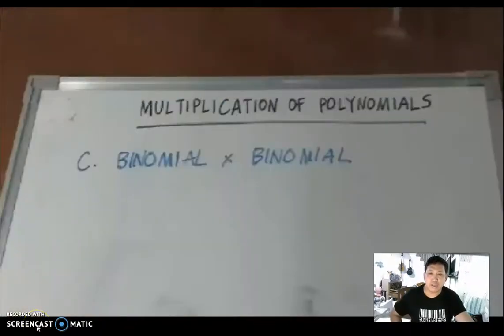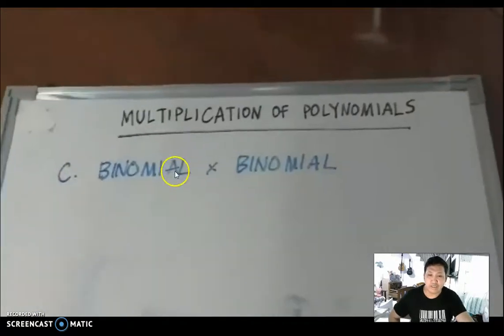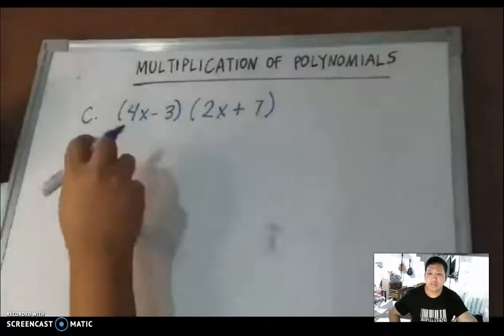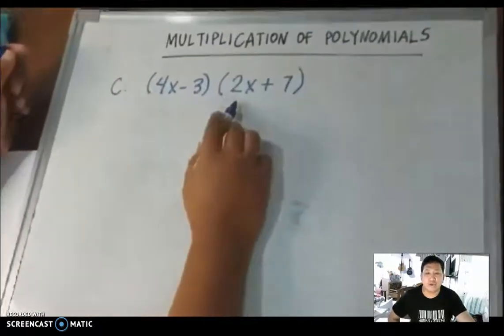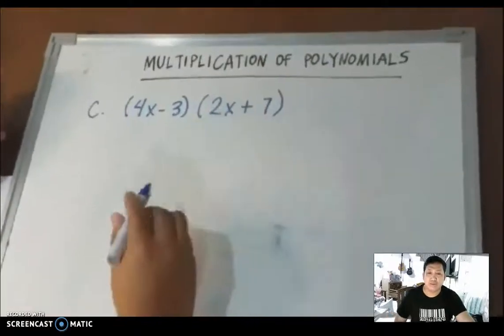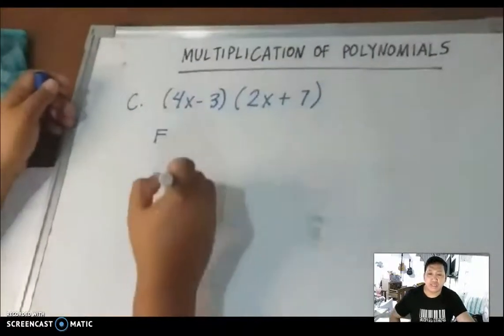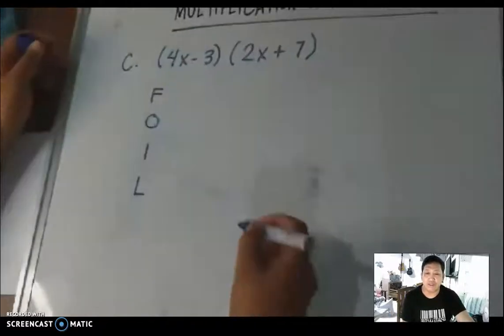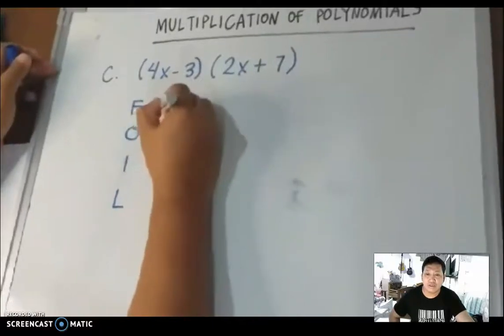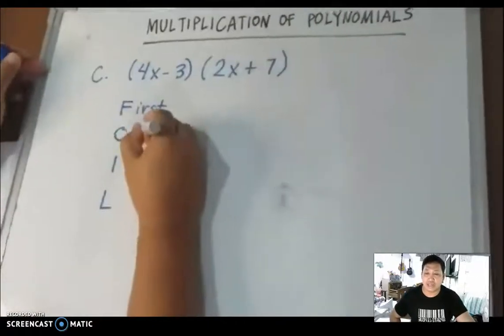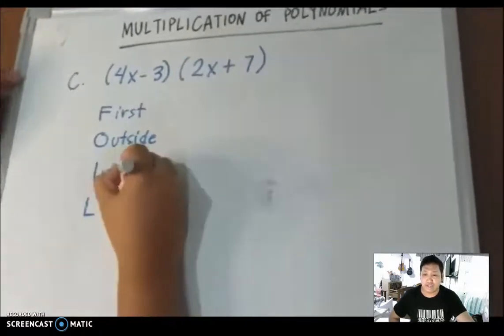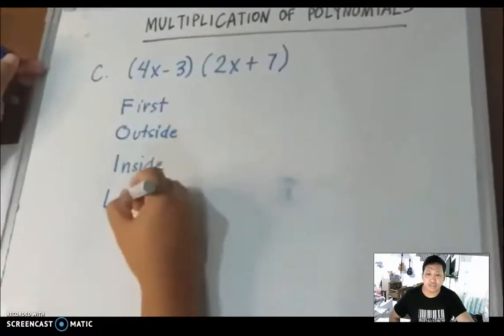Let us now go to the third one, which is binomial times another binomial. For this one, our example is the quantity of 4x minus 3 times the quantity of 2x plus 7. In this case, we'll be using a different method. We call it the FOIL method. F stands for first, O stands for outside terms, I for the inner terms or inside terms, and L for